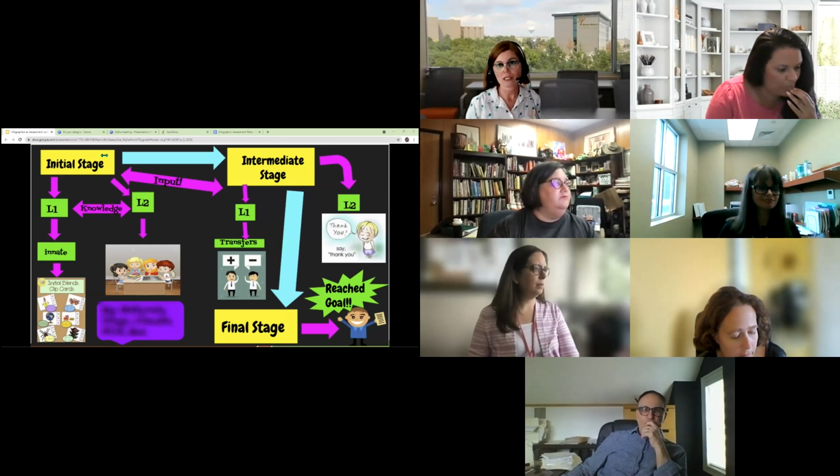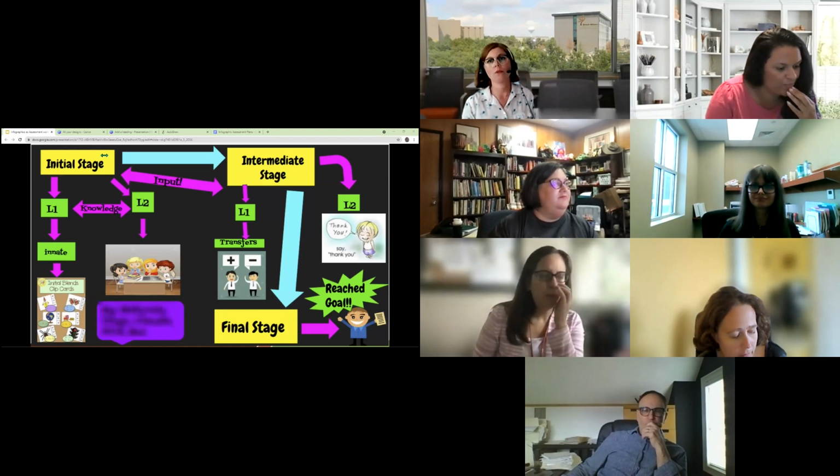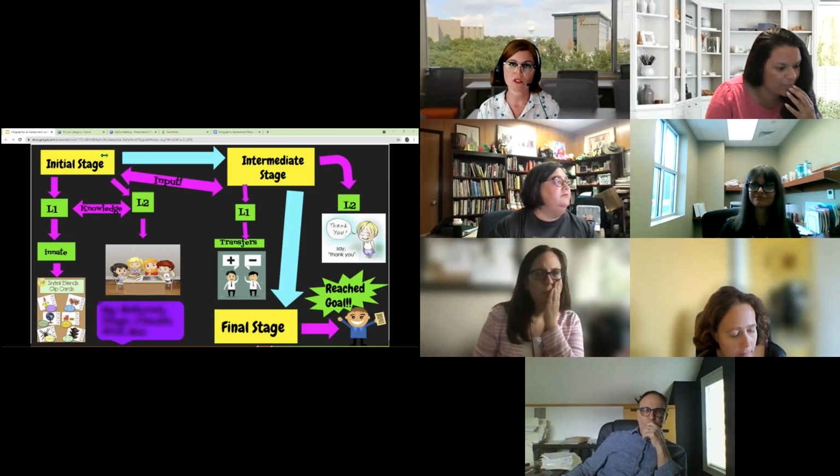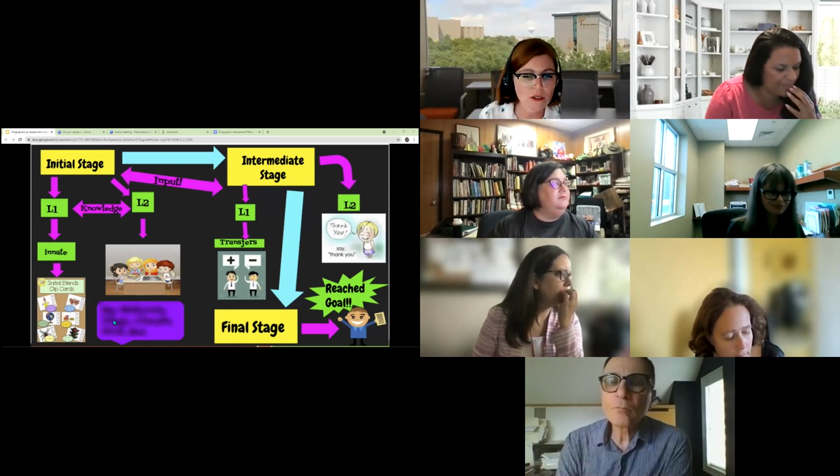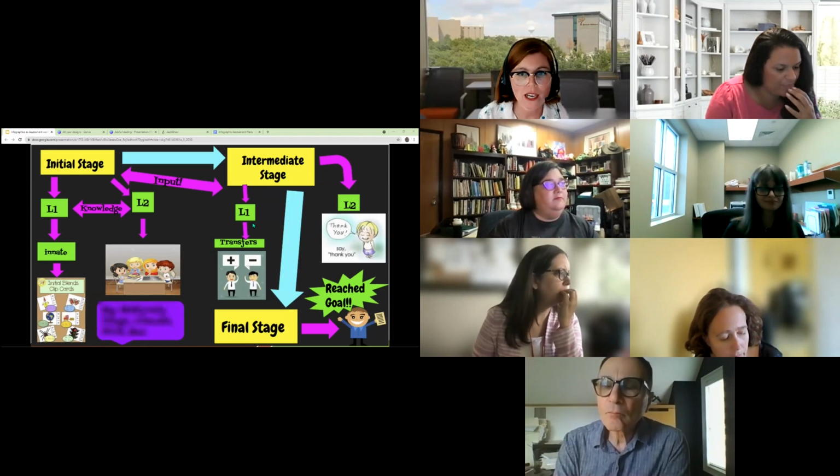I'm going to share 3 examples, and I received permission from all the students to show you these examples. So this was an example of the 3 stages of language learning created by a group of students on an assessment, and they worked in a group. They did use a computer, as you can see, and I can't remember what the application was. I don't know if it was a PowerPoint or something else.